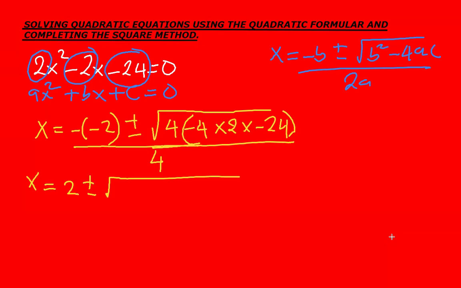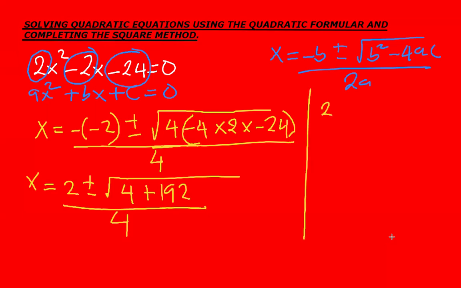So negative 4 times 2 times negative 24 gives us positive 192. So we have 4 and positive 192, and then everything divided by 4. So simplifying further, we have 2 plus or minus the square root of